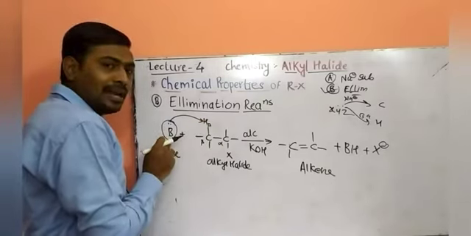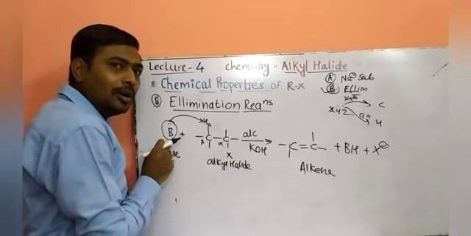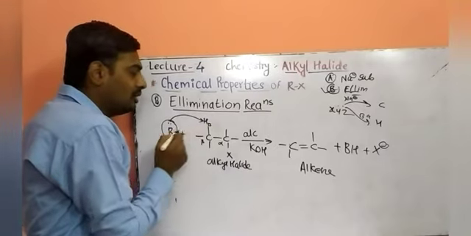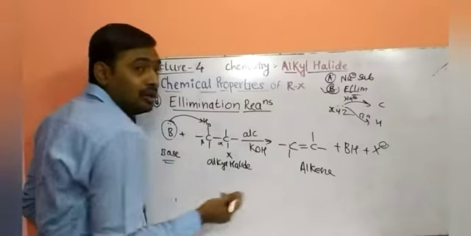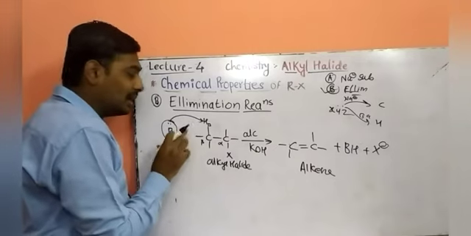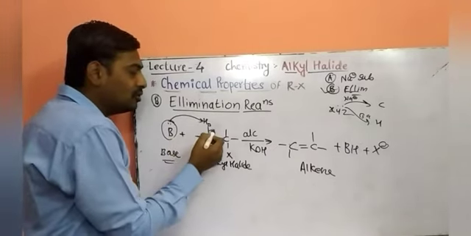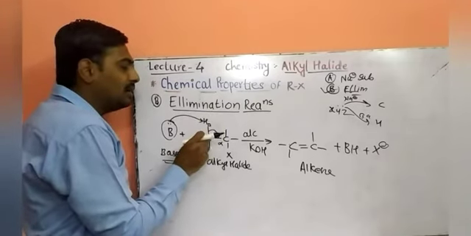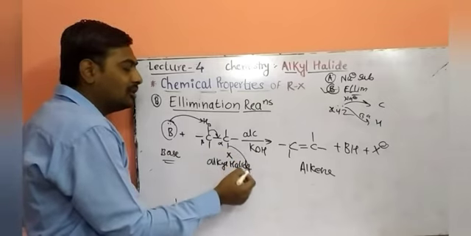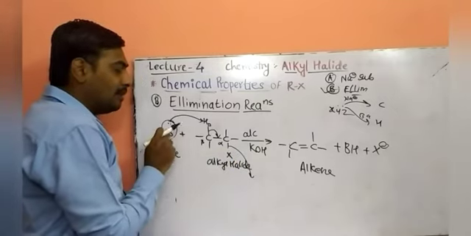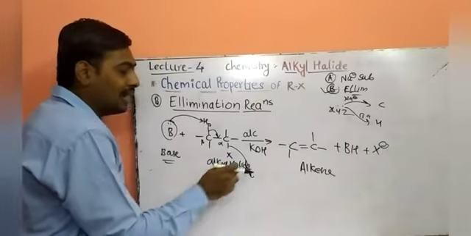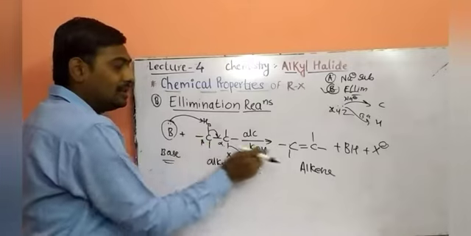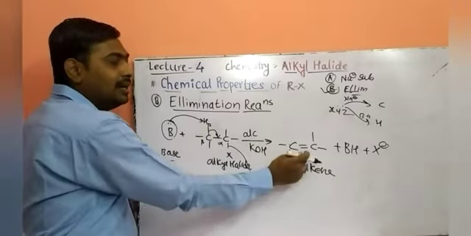See, this base contains a lone pair of electrons. The lone pair of electrons donates to this hydrogen, so this hydrogen will become BH as a byproduct. This hydrogen can easily be abstracted by the base to create unsaturation in the bond. So what happened? The carbon's electron density shifted to the side and the halogen leaves as a byproduct. BH is one product, the halogen X is removed at the same time, and these bonds remain as they are. Unsaturation in the bond increases here.